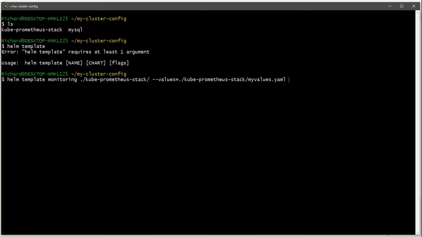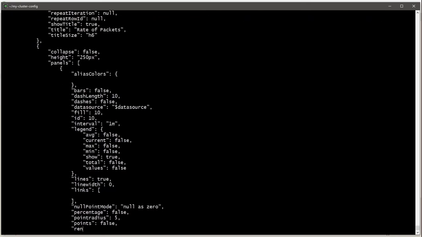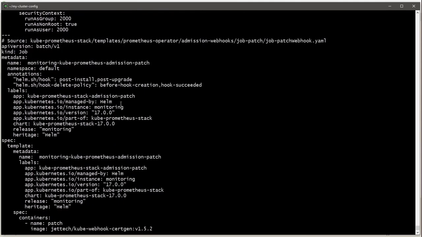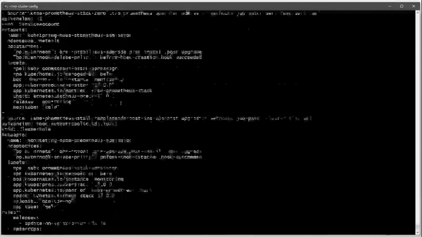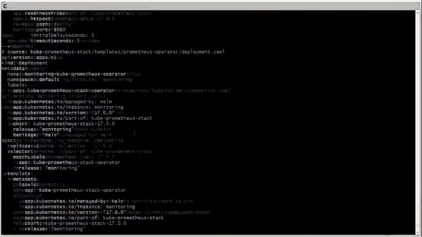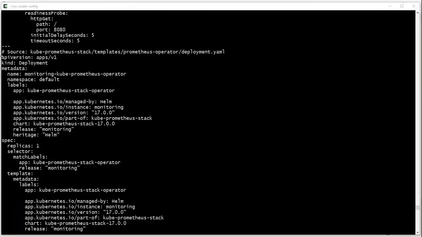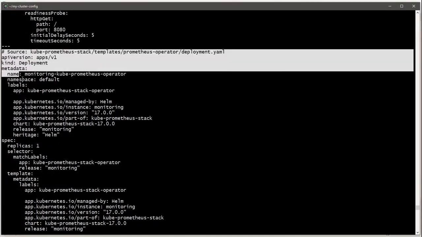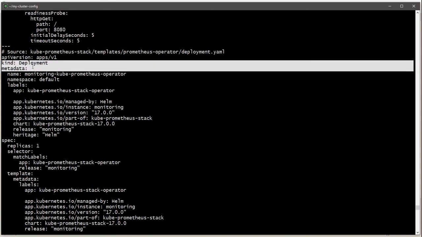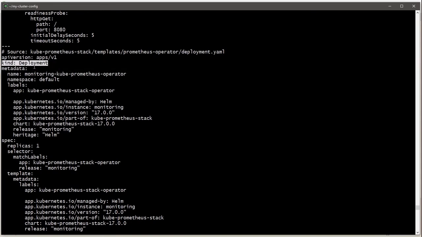Let's demonstrate. If we've got that command correct, well, it went through pretty quickly actually, but there will have been thousands of lines of YAML. It took quite a long time of scrolling. What I'm trying to show you here is the output that we've got, but I want to draw your attention to the fact that, oh, we have kind: Deployment. That is just standard Kubernetes YAML.